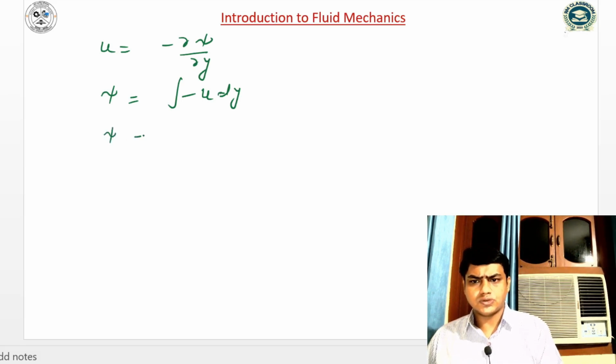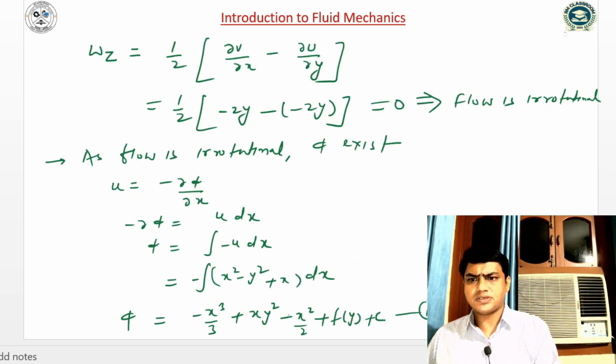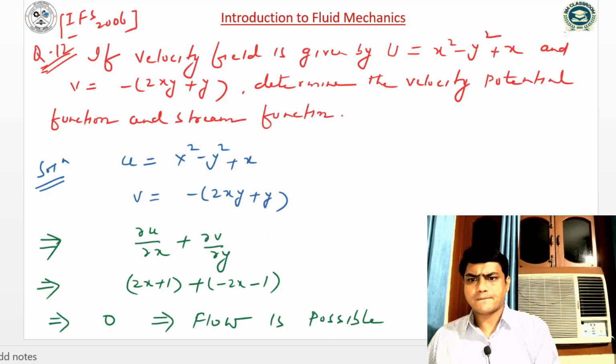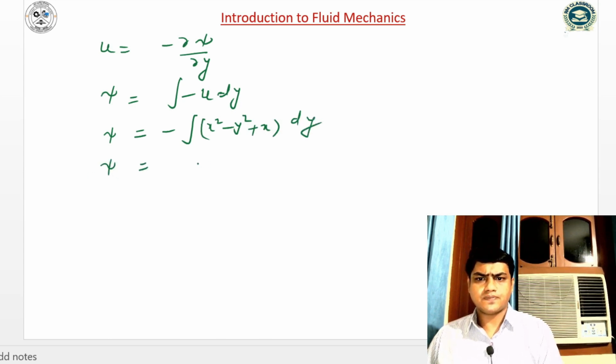And what is u? u is x square minus y square plus x, so x square minus y square plus x into dy. So psi can be written as minus x square y plus y cube by 3 minus xy plus fx plus